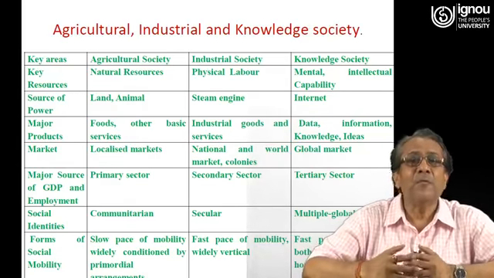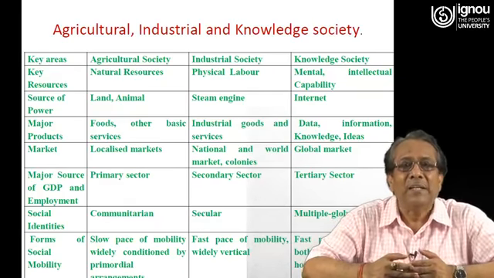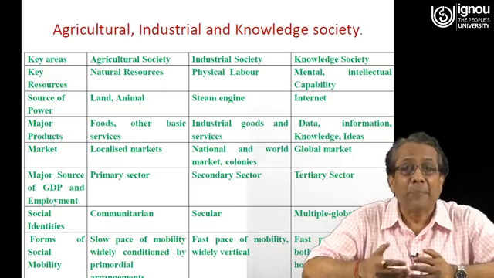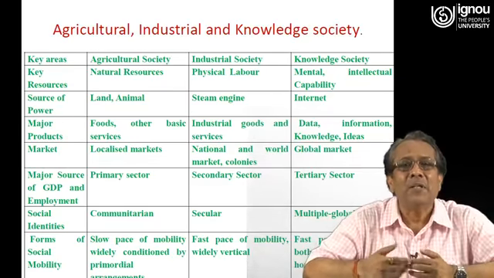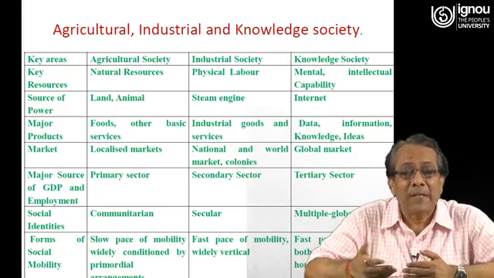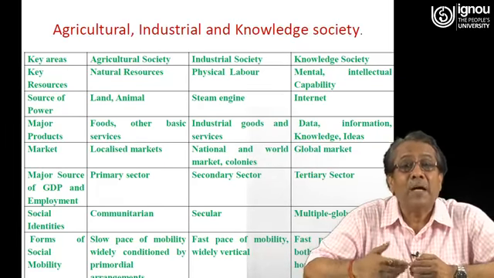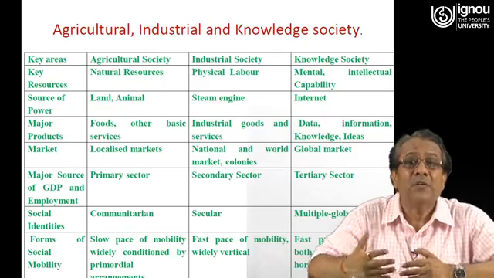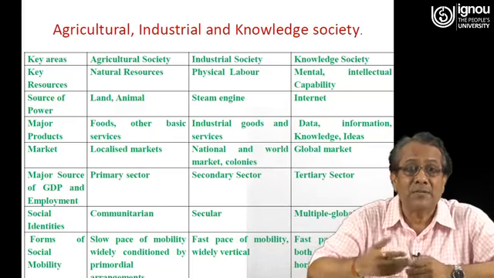It is because you can't think of a knowledge society without having access to the internet and its other paraphernalia, that is a computer, laptop, mobile phone, and so many other kinds of platforms: WhatsApp, Facebook, email, Instagram, so many others, Twitter, the blogs. These are the phenomena, these are the key resources of this knowledge society.